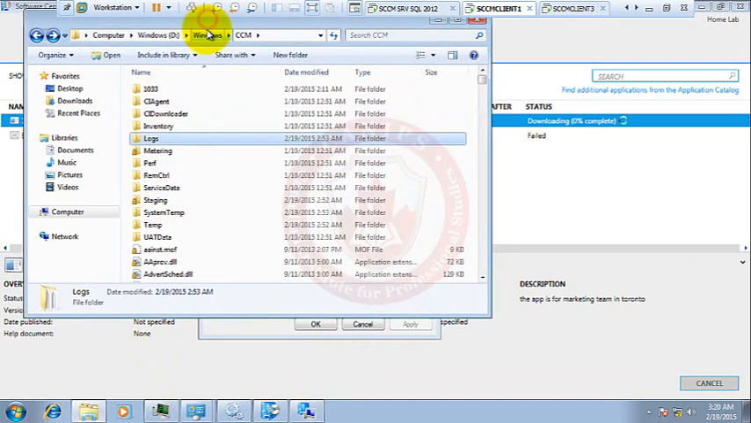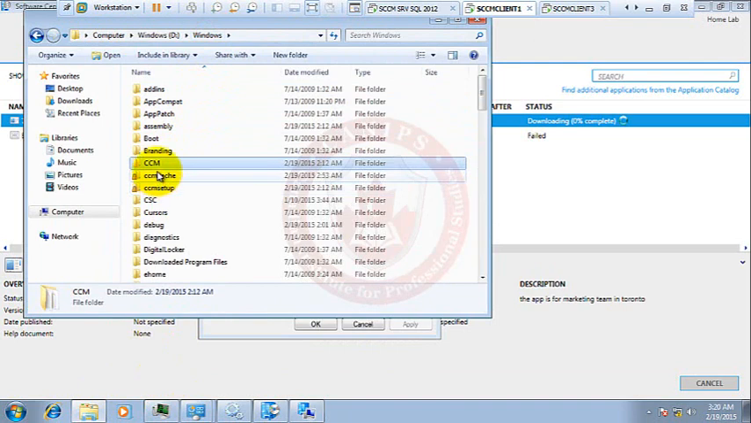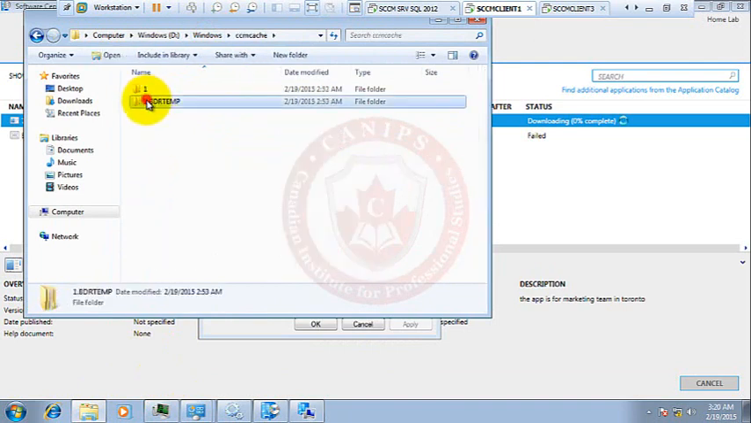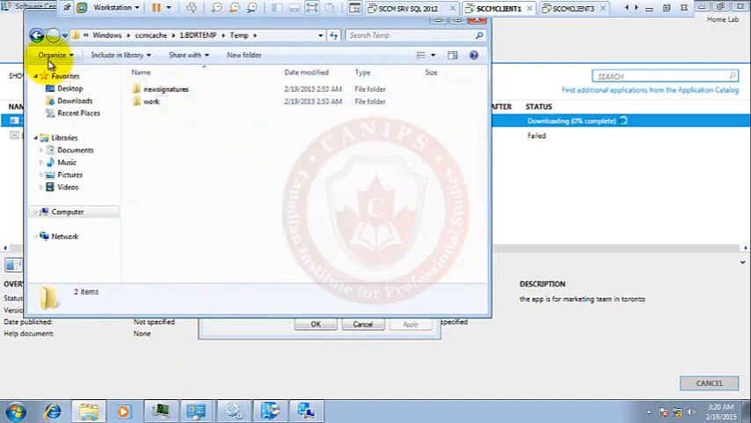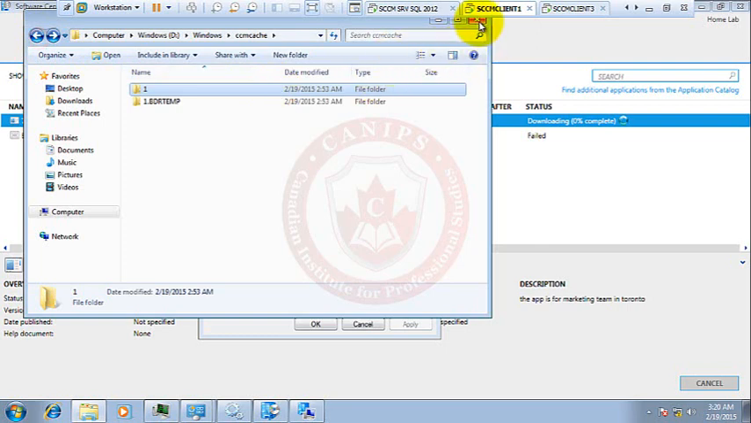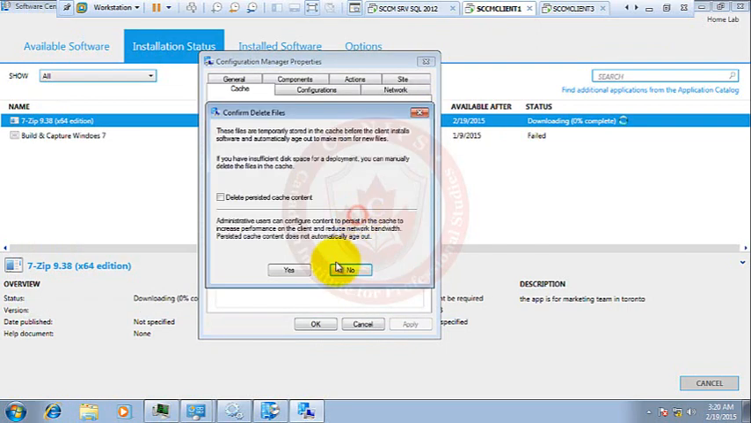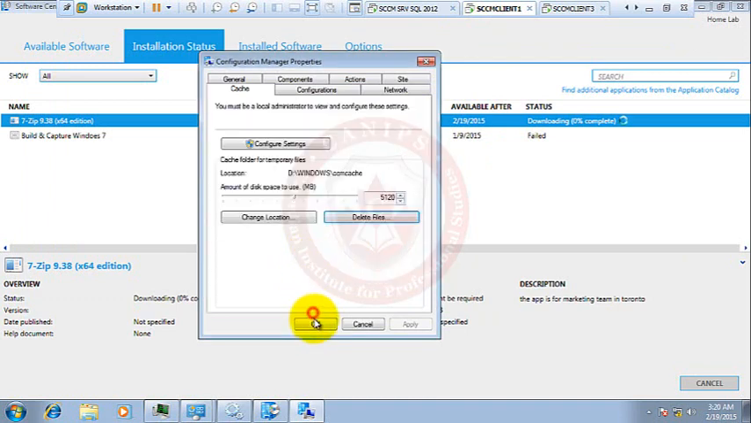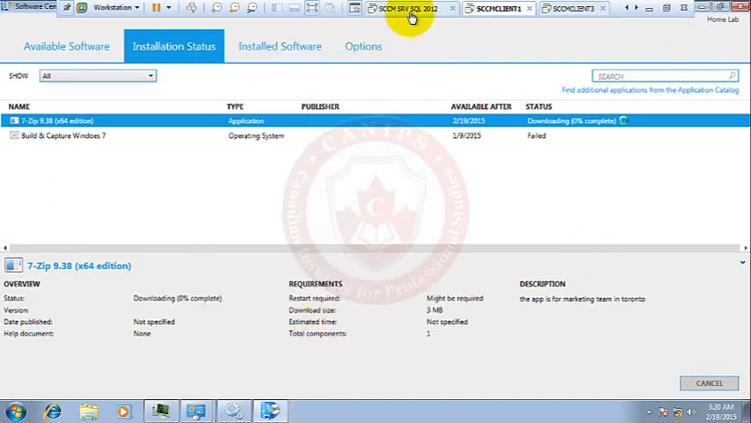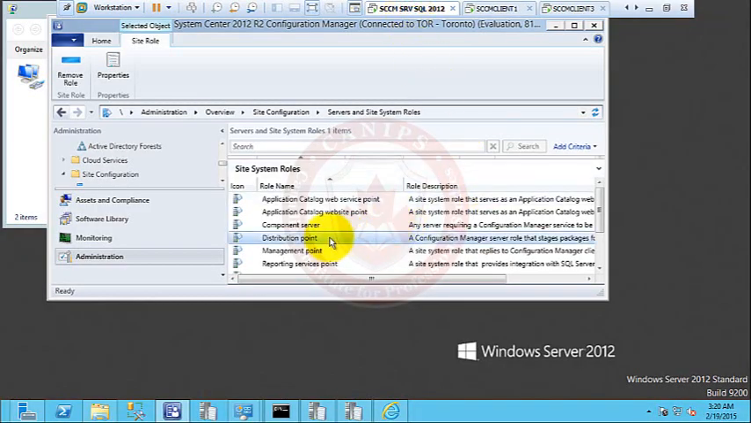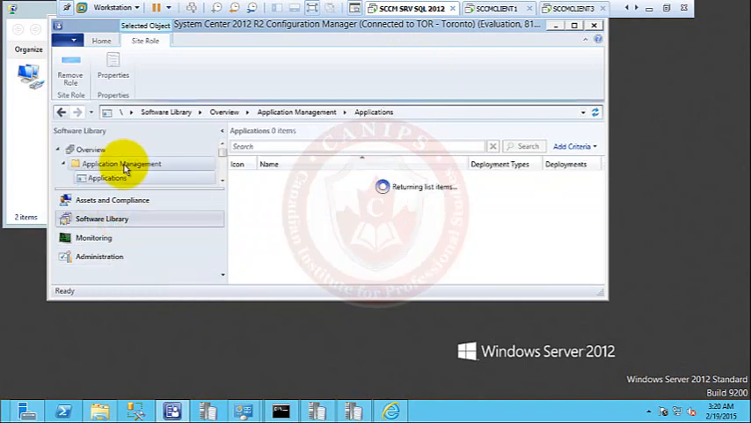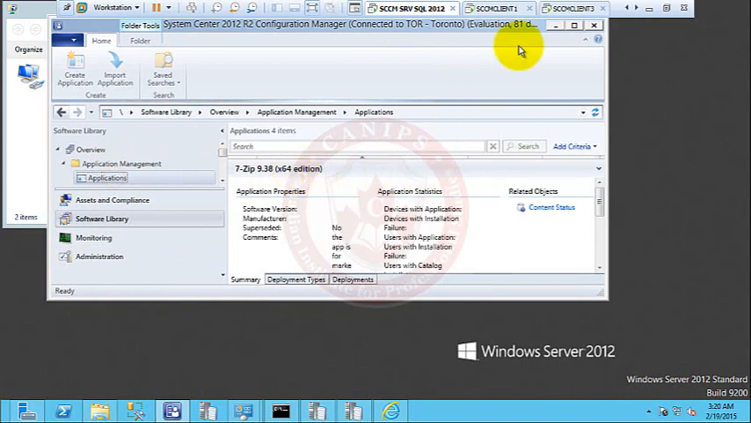I'll go back to Windows, and within CCM cache I can see nothing because nothing was downloaded. Let me delete files in cache and go back to SCCM server and go back to software library, application,